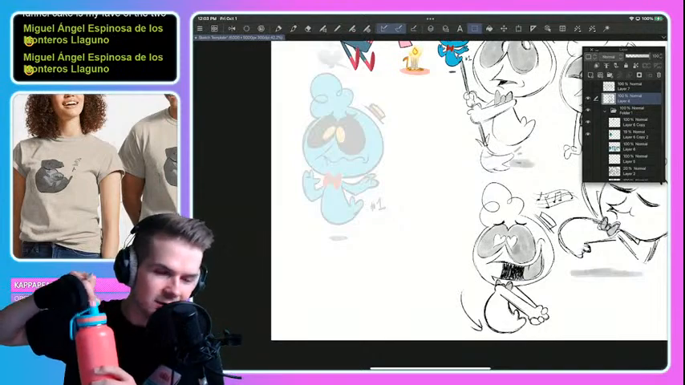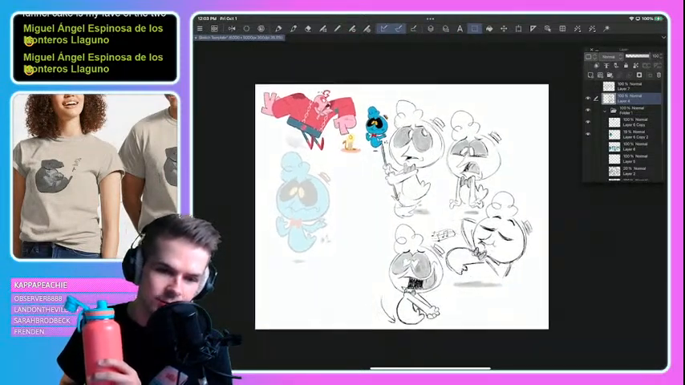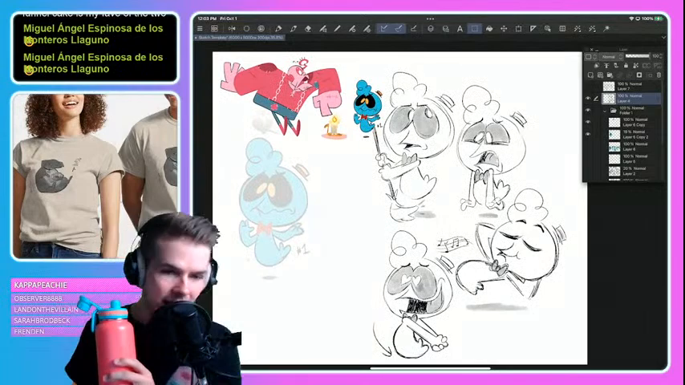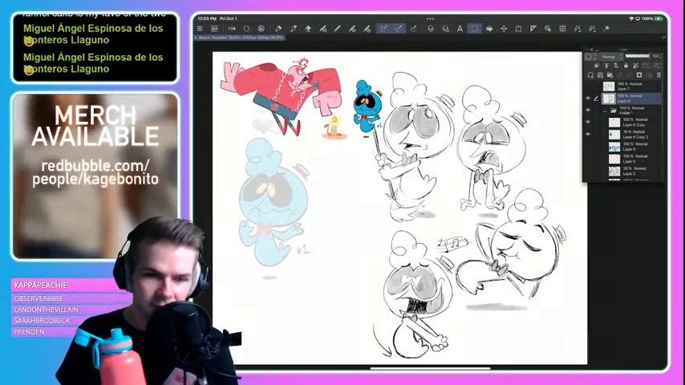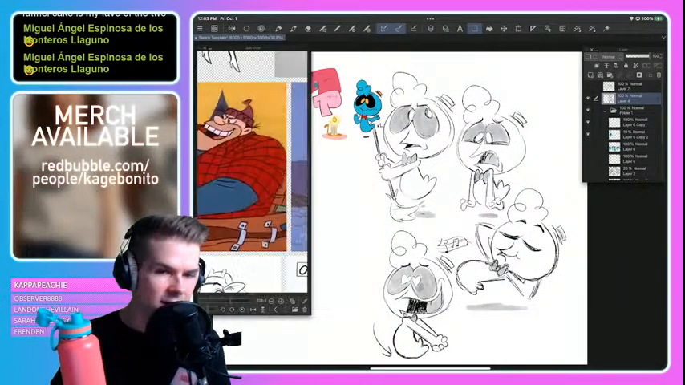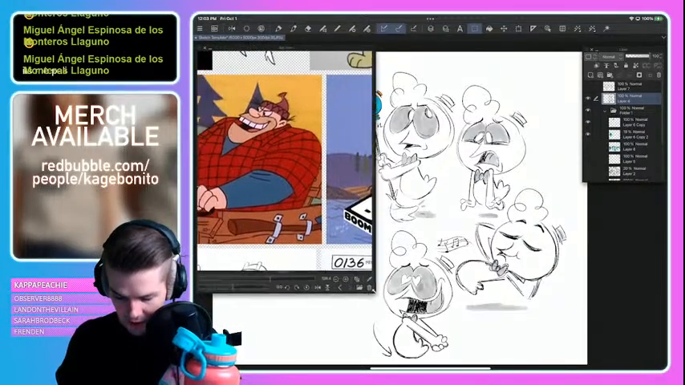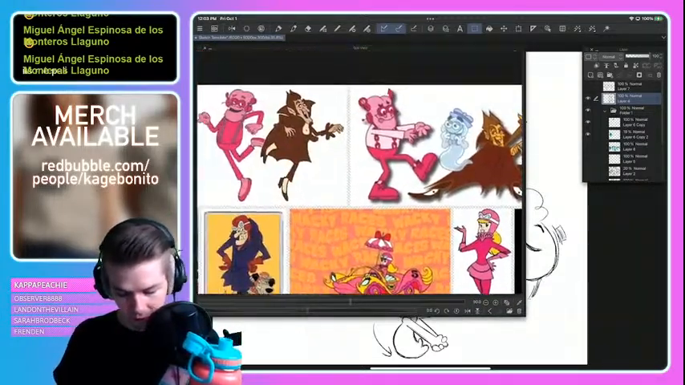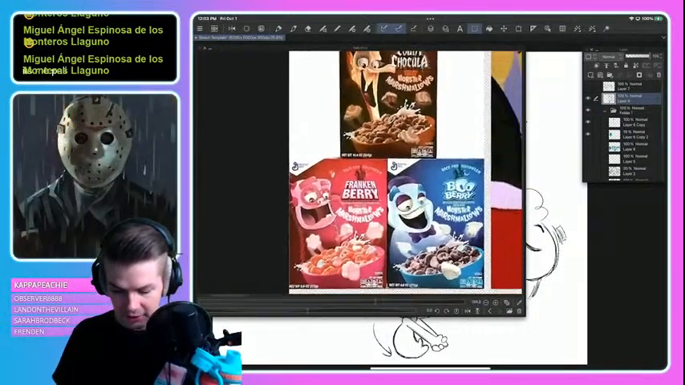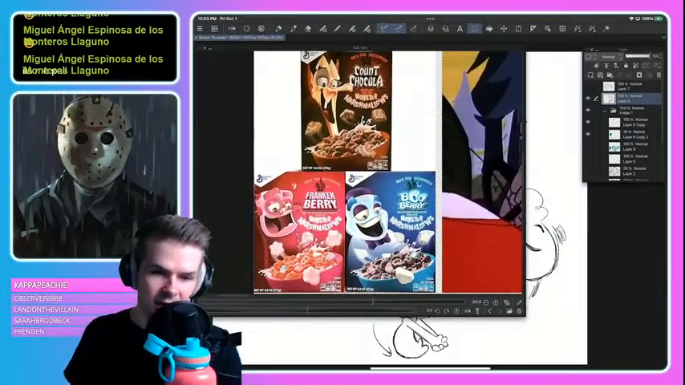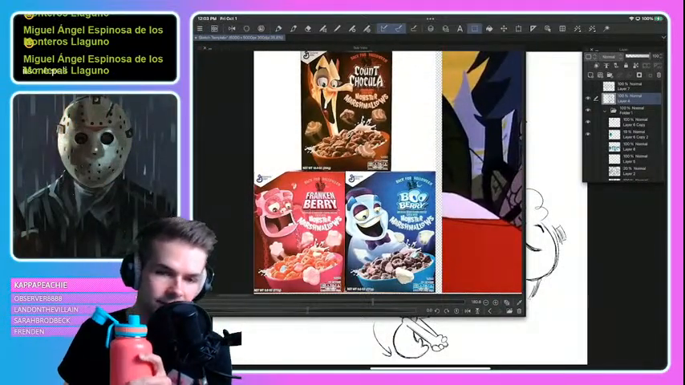We are doing some character designing. Well, we're particularly character posing. We are working on Booberry, the cereal monster Booberry. If you've never heard of Booberry, this is the character right here. It's from the company General Mills. They make cereal, and every Halloween in the States, they come out with these 3 cereals, Booberry, Frankenberry, and Count